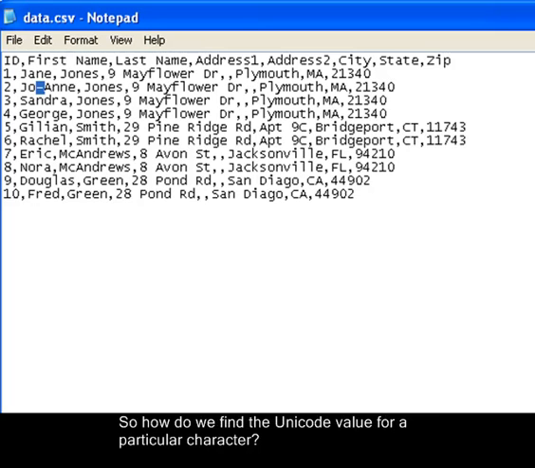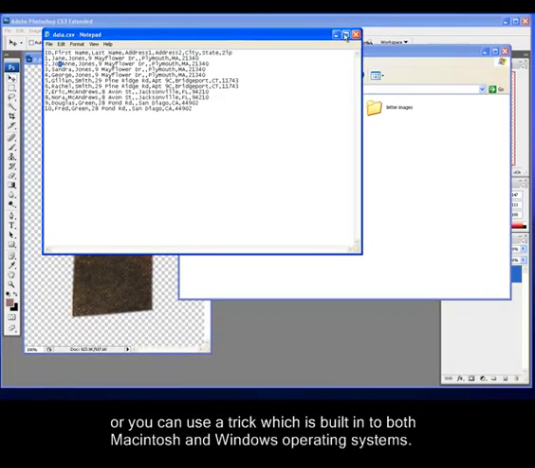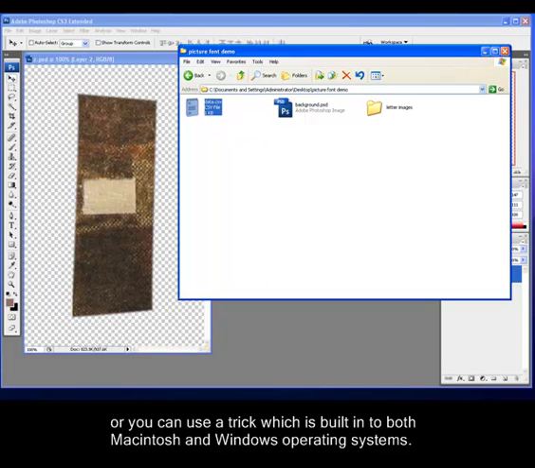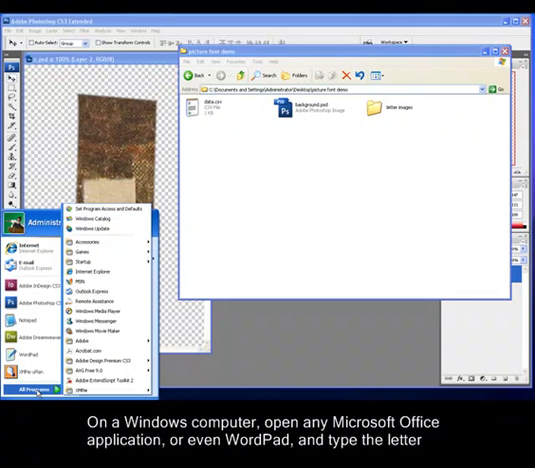So how do we find the Unicode value for a particular character? Well, you can search the internet for a Unicode character table, or you can use a trick which is built into both Macintosh and Windows operating systems. On a Windows computer,